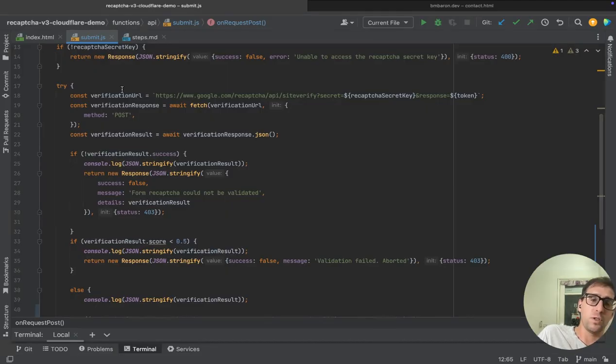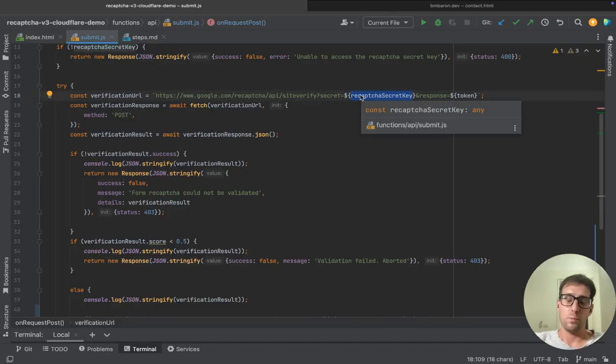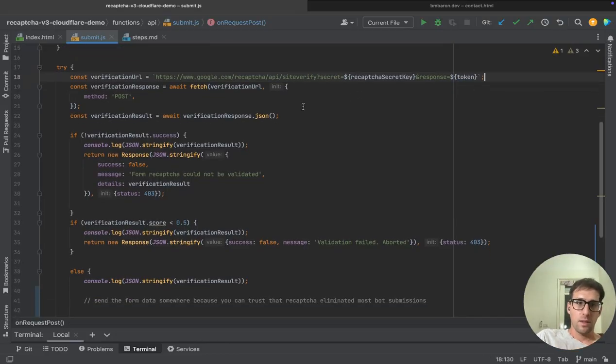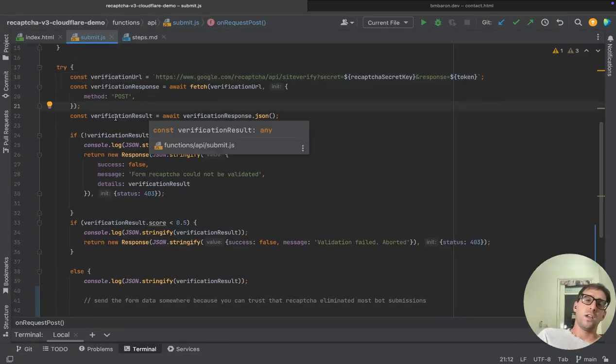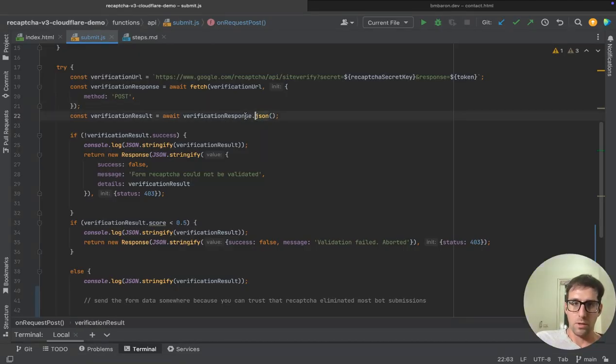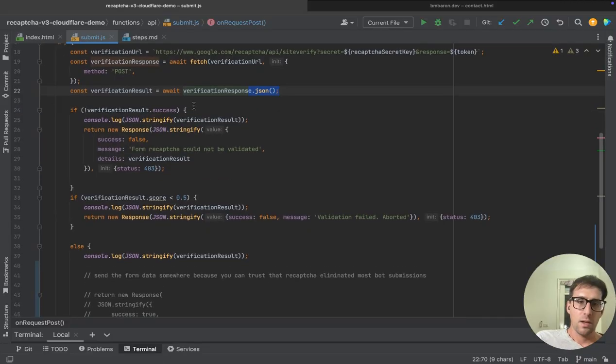And what are we actually doing here? What's the purpose of all this? It is to check our Recaptcha token that we got on the front end with Google servers, check that it's a valid token for this site key with this secret key. So we're putting in our secret key as a parameter into the URL along with the response and posting that. We're going to get a result which we want to take from the JSON of the response. That result has the format like